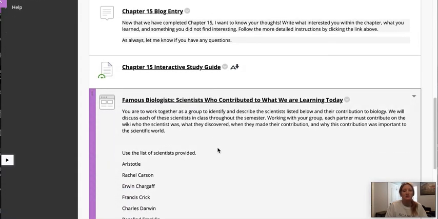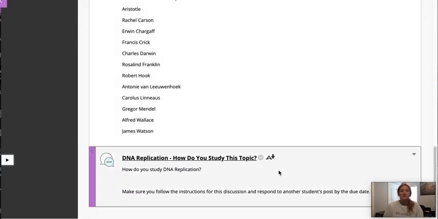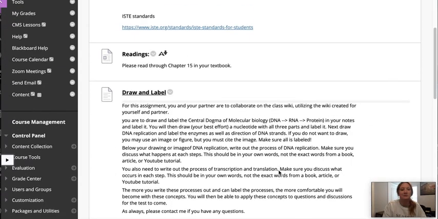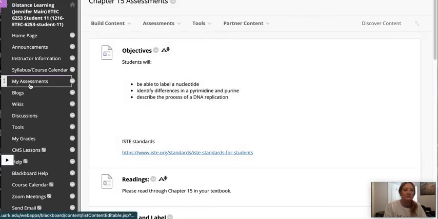And then I also wanted them to be able to collaborate with each other. And so I created a wiki for them to contribute together on different scientists that we're learning about today and why we need to know about them. And then I also created a discussion on how to study DNA replication because it is very hard to study this topic, and I wanted students to be able to collaborate with one another on how they were studying for